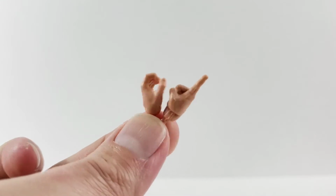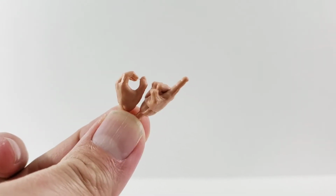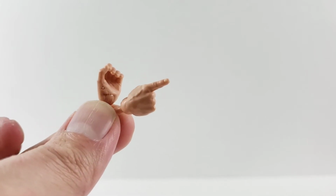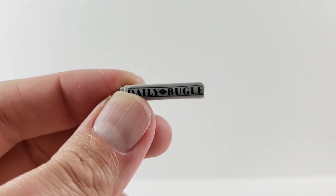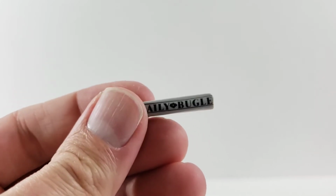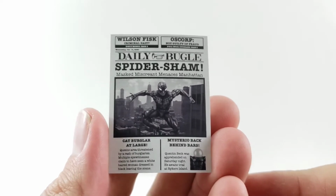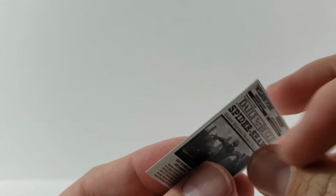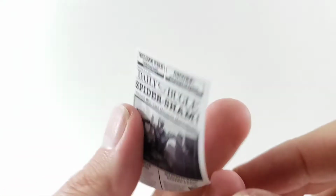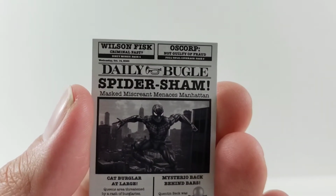So first up, we get a gripping hand, so you can have him holding that newspaper, and a pointing finger. So if you have that retro Peter Parker, you can have him yelling at him. We also get a rolled up Daily Bugle, same one that's from the Gwen Stacy from the retro wave. I'm gonna hold it as steady as possible. It is made out of thicker paper, so it is actual paper, and it's just printed up top. It says Wilson Fisk,